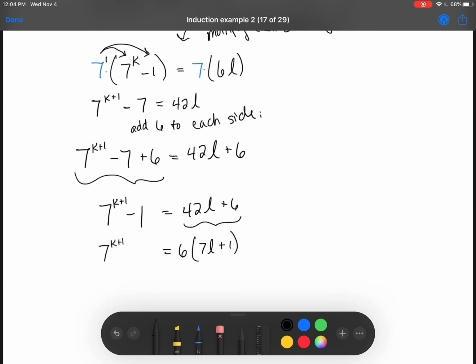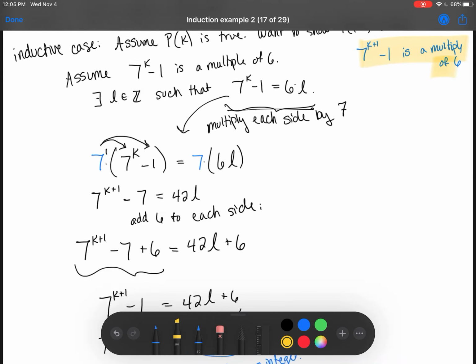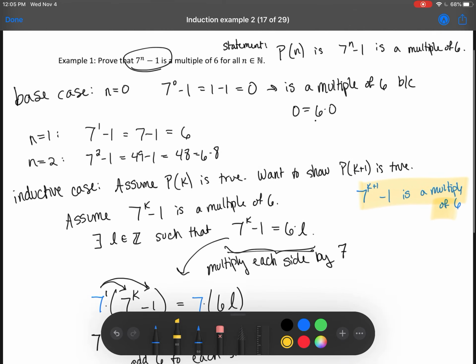Make sure you're careful with your factoring here. Nothing changed on the left-hand side. What do we know about 7L plus 1? This is an integer. Therefore, we've just shown that 7 to the power k plus 1 minus 1 is a multiple of 6, or saying the same thing, it's divisible by 6. That's exactly what we wanted to show. So that's the scratch work of the calculation, and then below this you'll see the